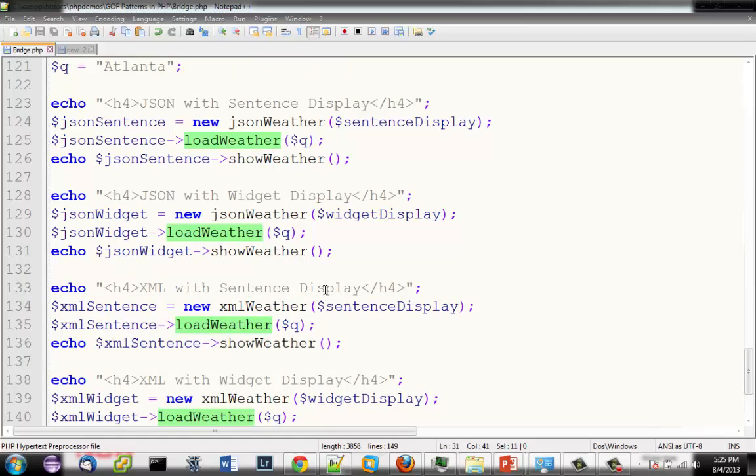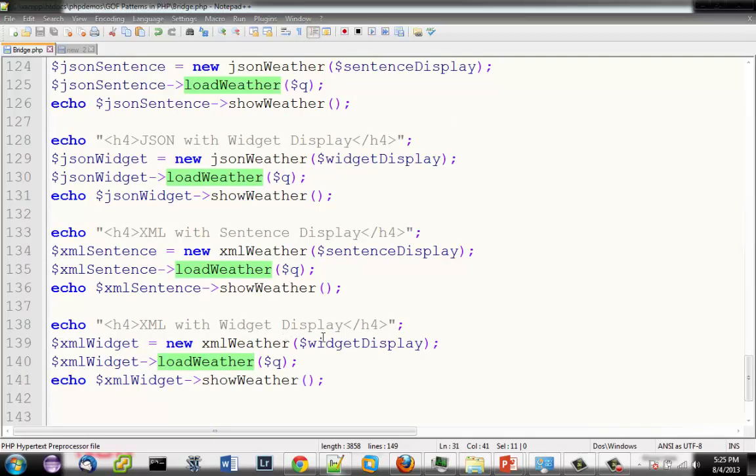And then I'm using the same thing here with the XML as a sentence display, and XML as a widget display as well. So you can see how I'm using the XML weather with both display types, and I'm using the JSON weather with both display types at the same time. So the bridge pattern is a little complex, but it's actually a highly useful pattern, especially when you have data that can come in multiple formats, and you can represent that data in multiple formats as well. It's a very useful pattern for that.